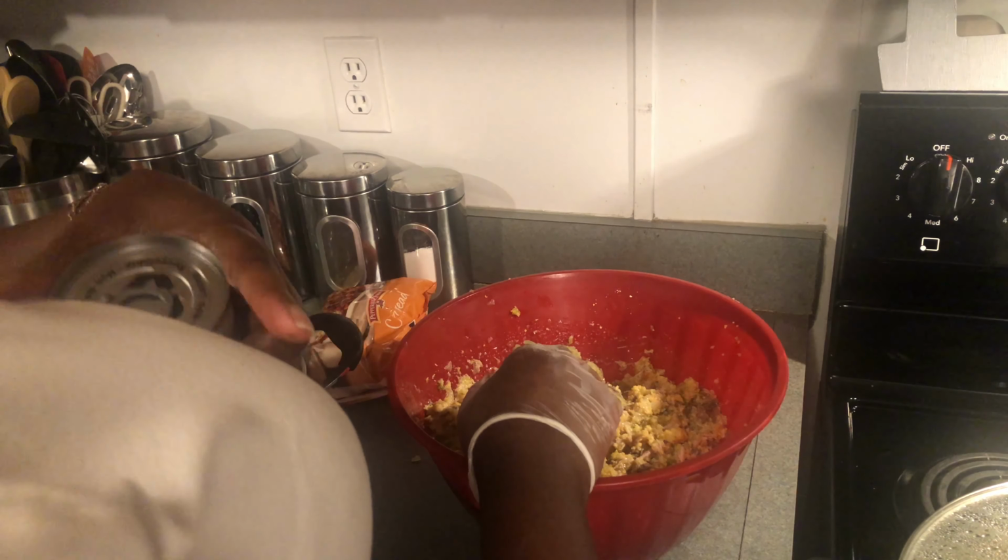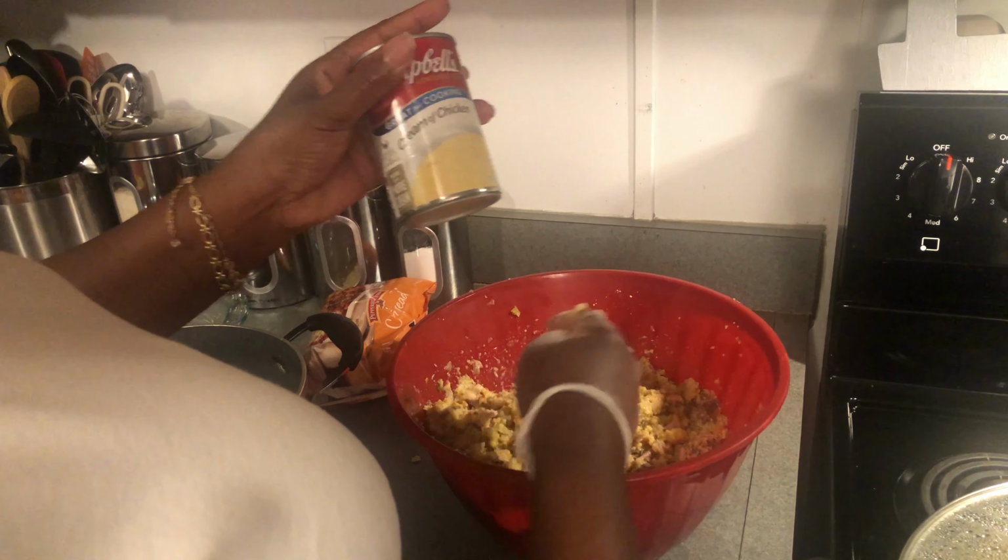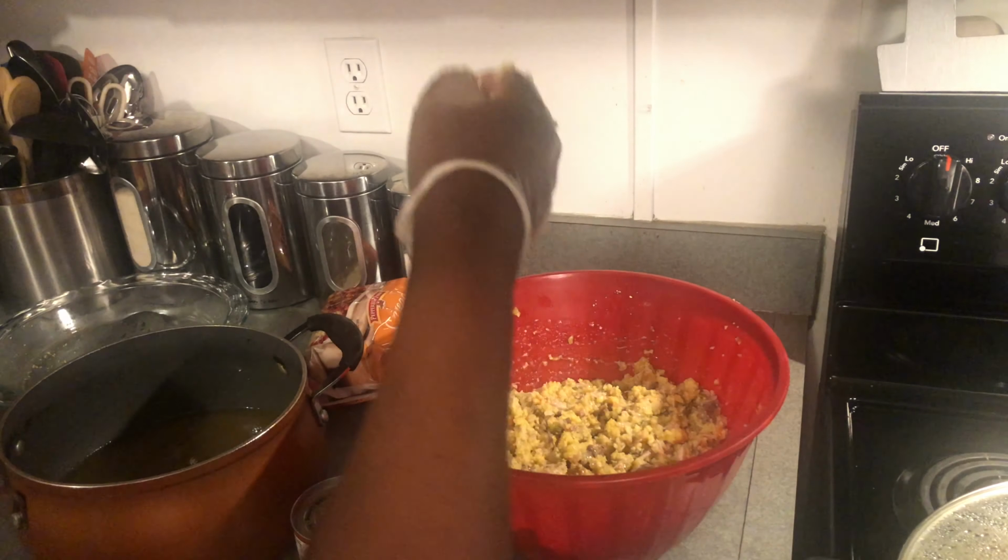I'll show you the consistency that I like to have mine at in just a second. I do know I'll have to add a little bit more of that broth. Now, what I'm going to do now is add in my can of, what is this? My cream of chicken. I'm getting ready to add that in. Let me get some of it